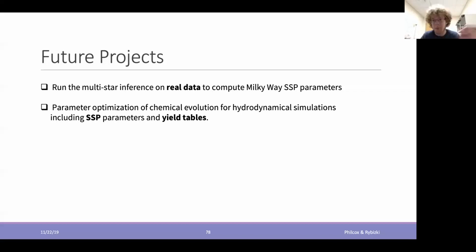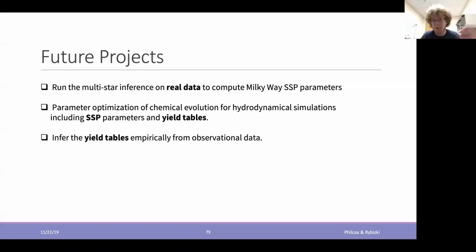For example, the Illustris TNG simulation will get an update eventually, and then what yield tables are they using and what SSP parameters are they running on? So before running such an expensive simulation, I think we could invest some time to try and optimize and look for the best yield table and for the most likely simple stellar population parameters.